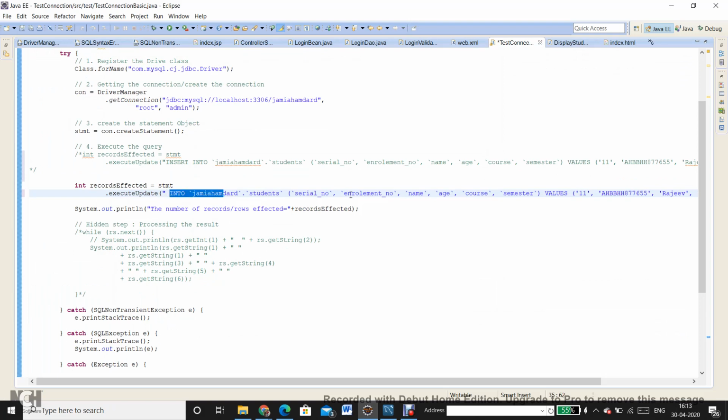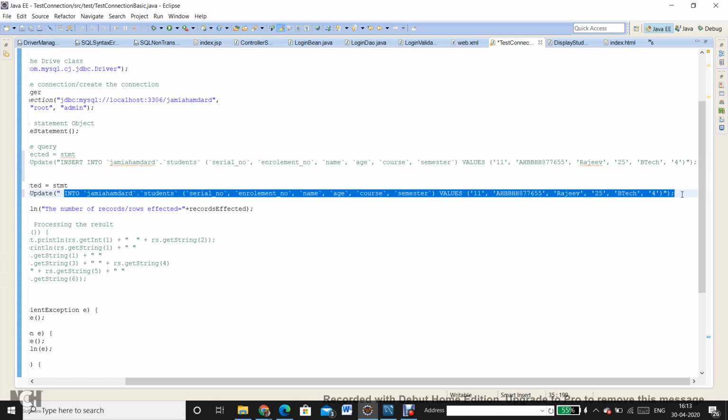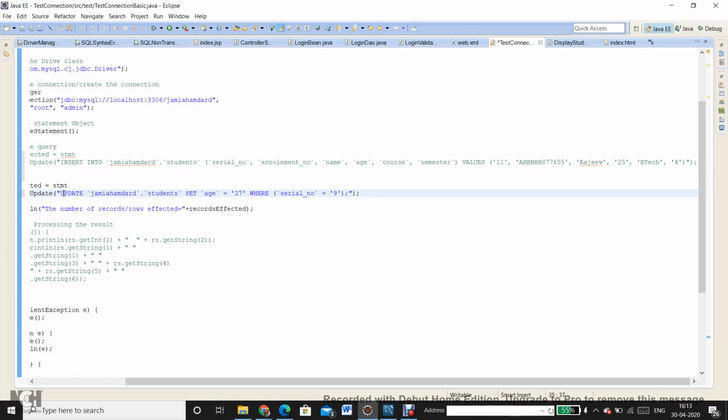So let's say update Jamia Hamza dot students set age is equal to 27 where serial number is equal to 9. I want it to be 10 this time.